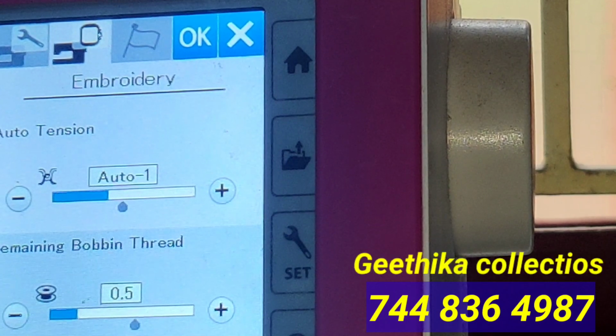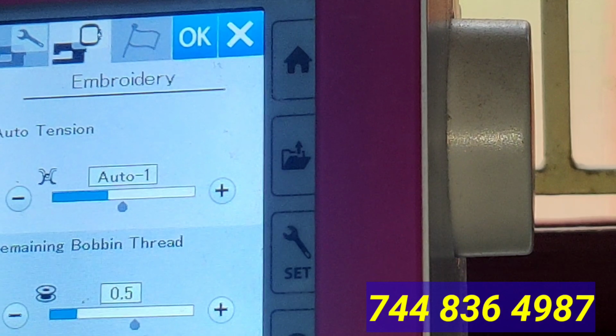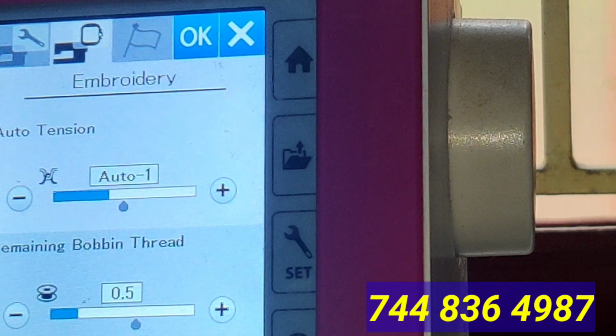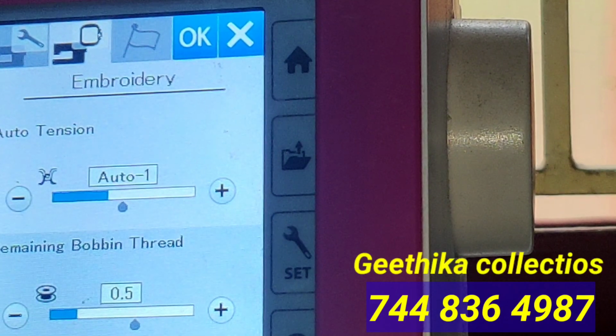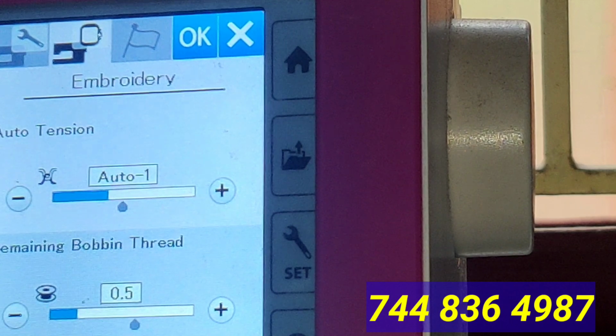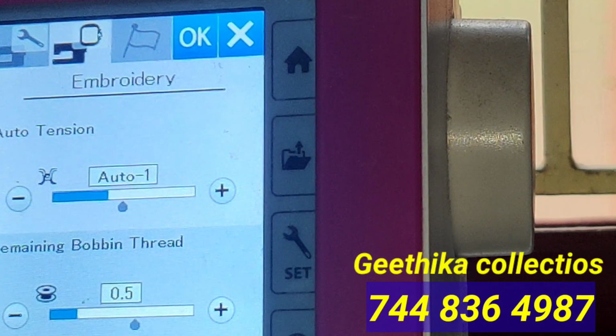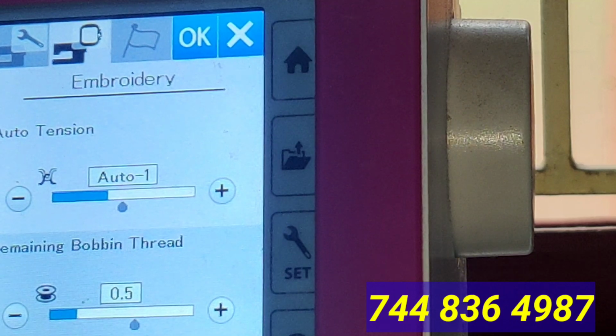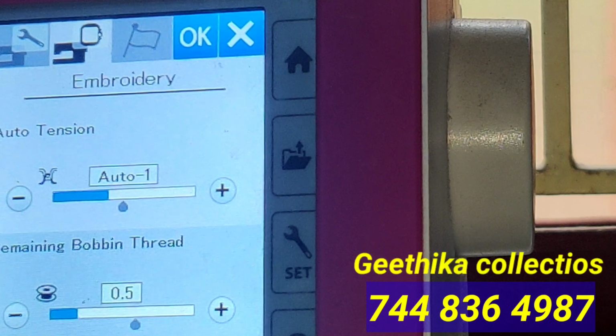The machine can understand what bobbin thread size it has, because we are winding the bobbin with the help of the machine only. So it can understand automatically how much percent is available in the bobbin thread, and based on that it will give you a notification when it is in active mode. That is mandatory.